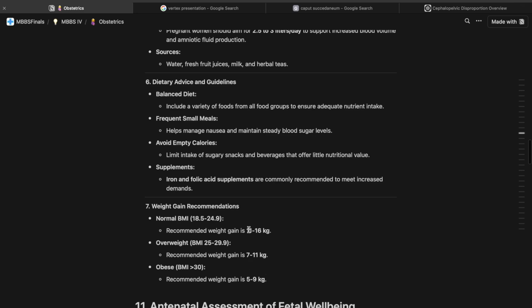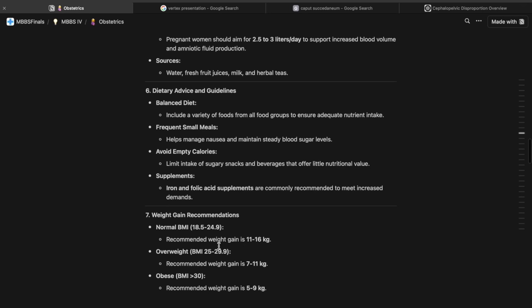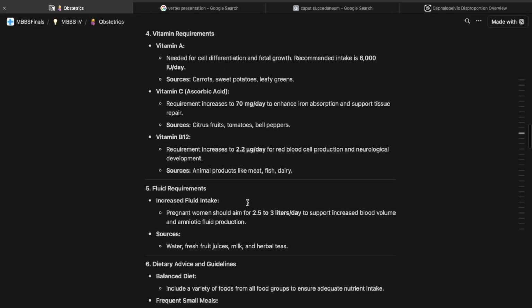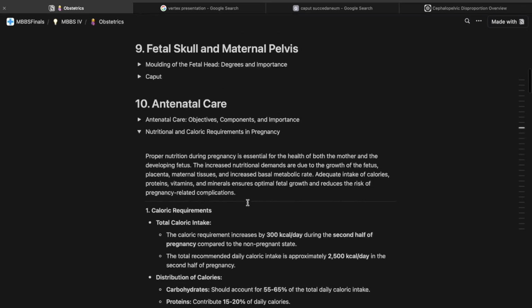So as you can see, with increasing BMI, the recommended weight gain keeps decreasing. Here it is 11 to 16, here it is 7 to 11, here it is 5 to 9. So this is a small principle. Overall, with this we come to the end of the discussion on